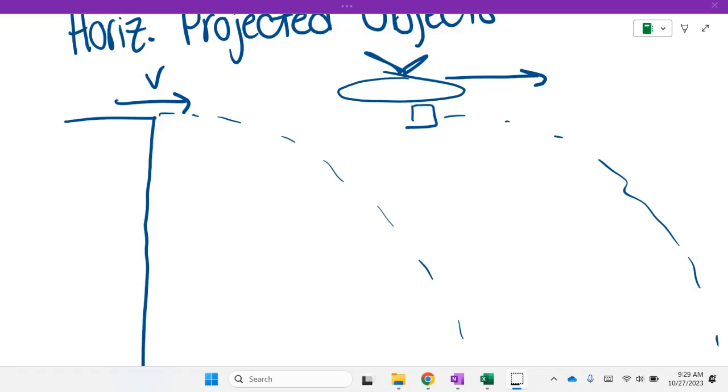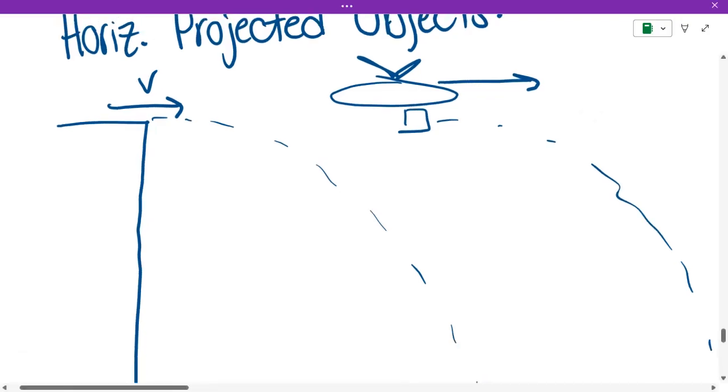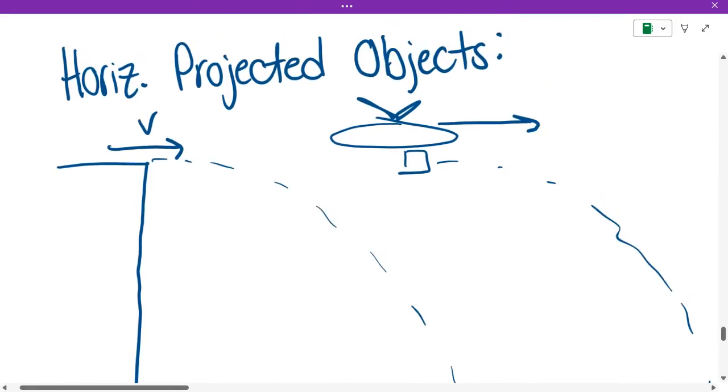Everybody. So this is just going to be a quick video that outlines the major concepts with projectile motion. Now, one thing to keep in mind about projectile motion is it's actually not any new concepts, despite what I just said. We're just taking what we already know about describing an object's motion and applying it to a new situation, specifically a situation where an object is in free fall in the y direction and has constant velocity